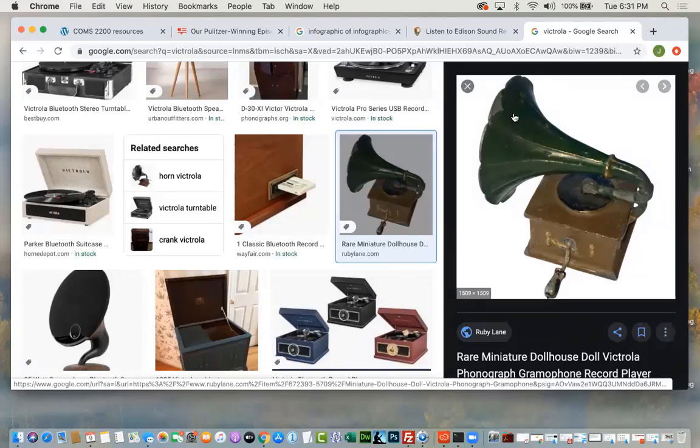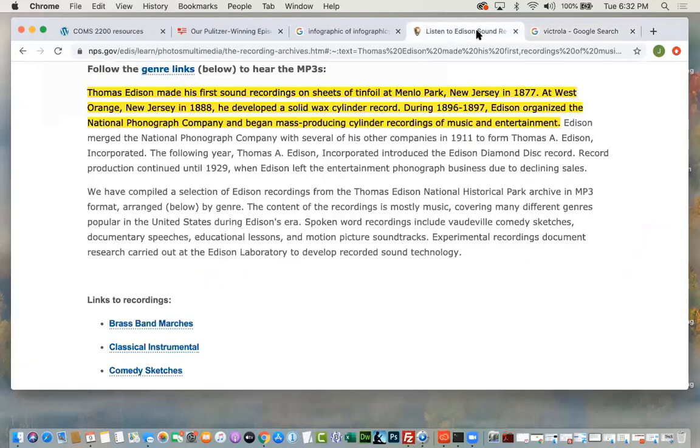But you would also use something just like this to record. You would yell into that horn, and there would be a device that would record the vibrations that the horn picks up with a little filament, and it would scratch things in the tinfoil. Later, Edison used wax to make the recordings.